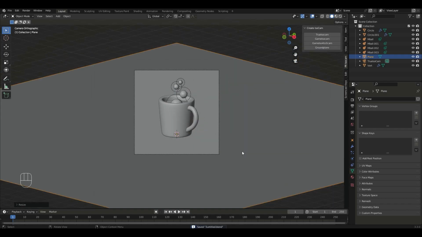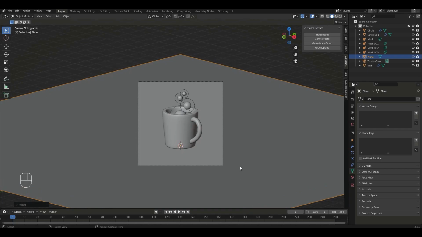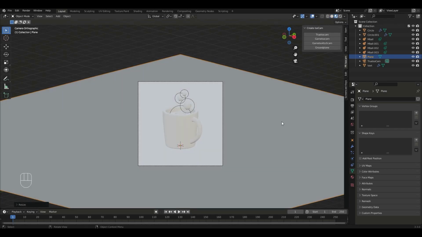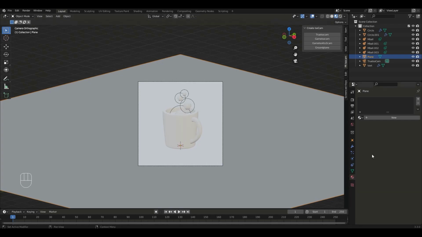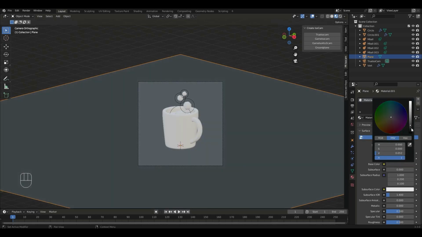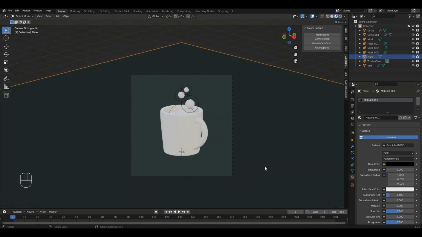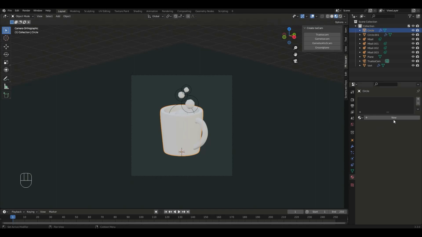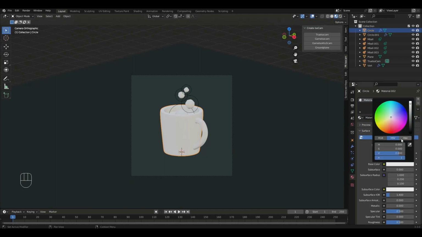And now we can go ahead and give this some color. So let's go to this viewport shading tab right here. Select the background, go to the material properties, select new and go to the base color and make this black. Now if you want to follow along with my colors, I have hex colors. So select the mug, base color and go to hex right here. And the number for the mug is